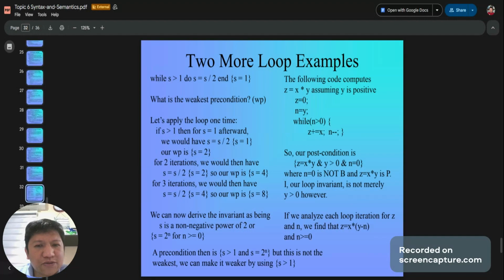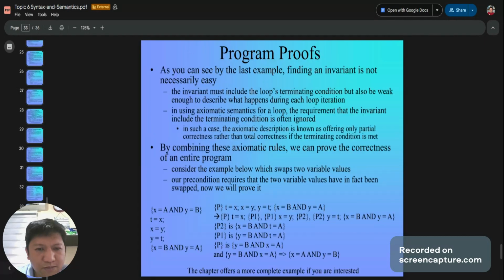Two more loop examples. While s is greater than 1, do s equals s divided by 2. It will end with s equals 1. So you also have a program proof.